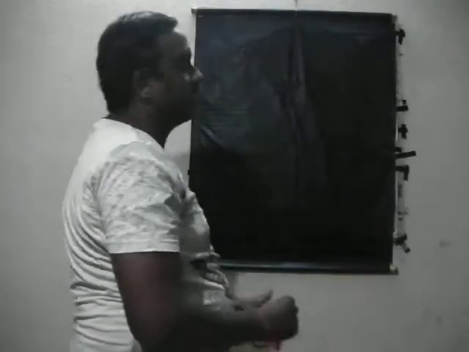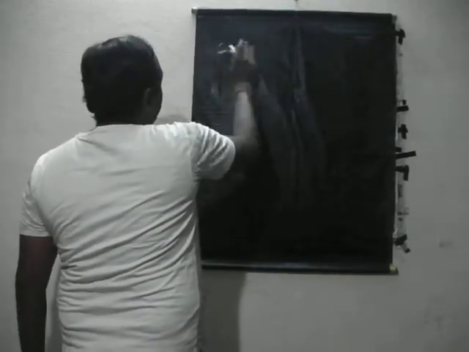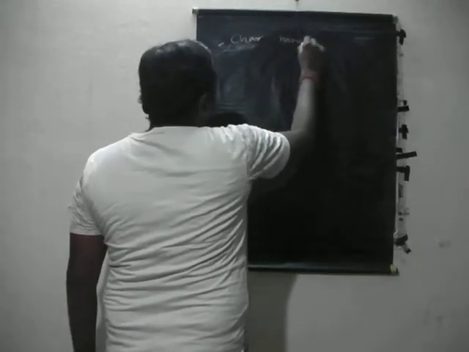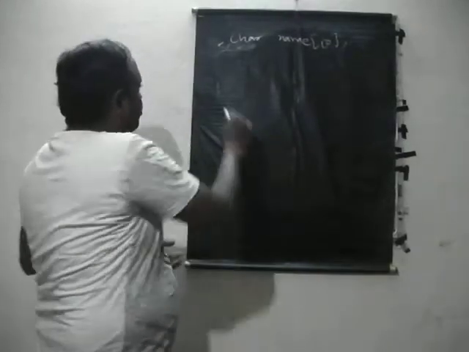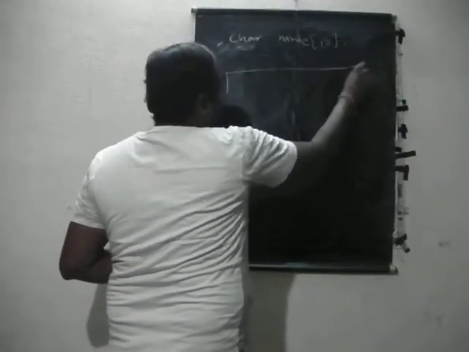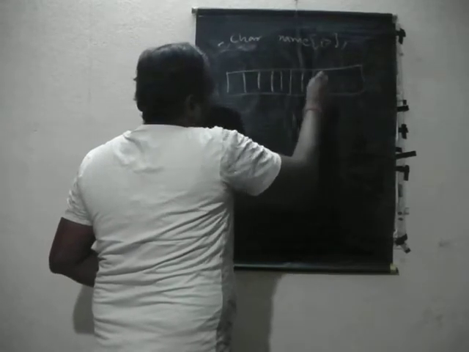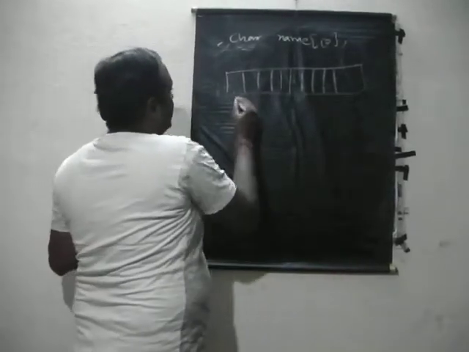Okay, so a string is a collection of characters. How to read a string is simple, with the help of the scanf statement. For example, I am taking a character array with the string name, name of 10. As usual, this is also similar data items, so 10 memory locations will be created here: 1, 2, 3, 4, 5, 6, 7, 8, 9, 10. Whatever name you allocate, for example, I am writing here India.